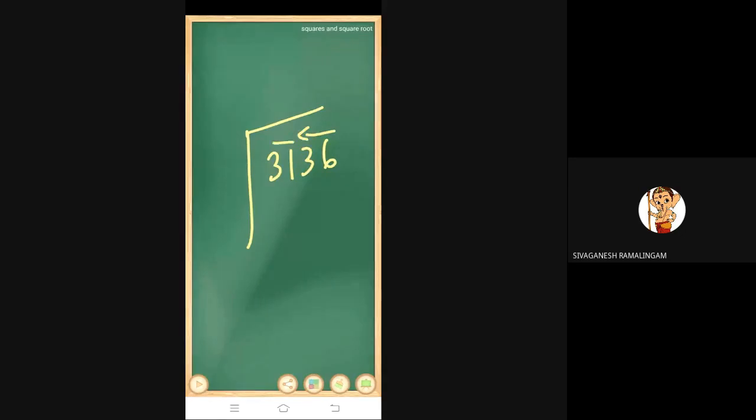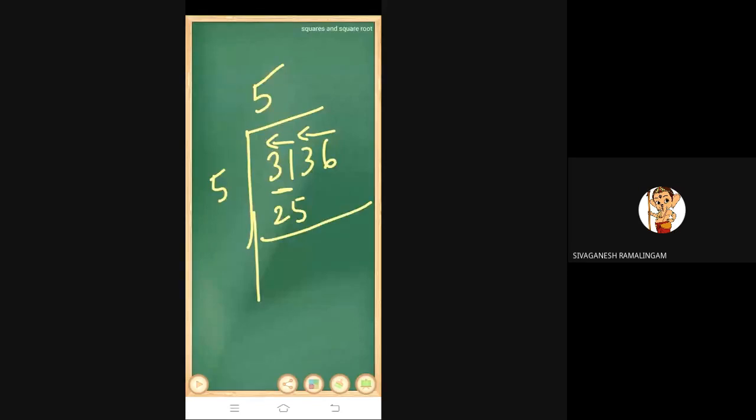Very good. Ma'am, 5 5s are 25. What will be the next step? Ma'am, 6 5s are 36. So 25. 36 is greater than this. So the second step, after making a pair, you have to check whether this one is a square number or not. If it is not a square number, then you should go for the next least square number. Then 25. Then we have to subtract. Ma'am, then 6.